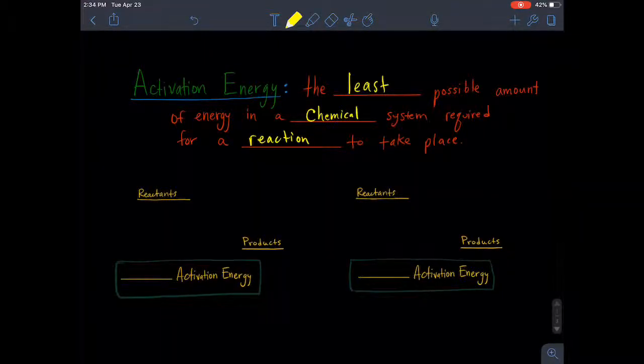So let's look at this as though we have our reactants. So we need to draw a line here for our reactants and then one for our products. And in order for the reactants to turn into the products, you can see that if this is the amount of energy that our reactants have, and this is the amount that our products have, we're going to lose energy in this system. And so it's actually going to release energy. And so this would be an example of one of those exothermic reactions because it's going to release energy into